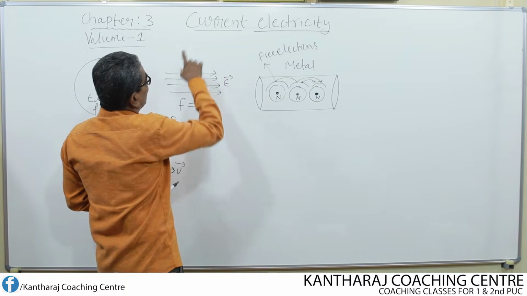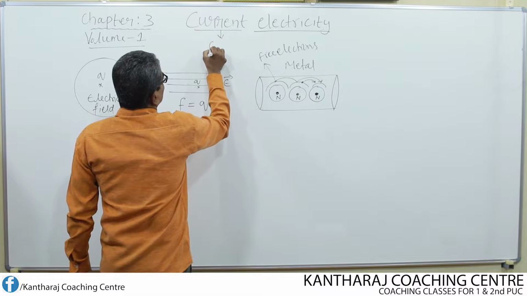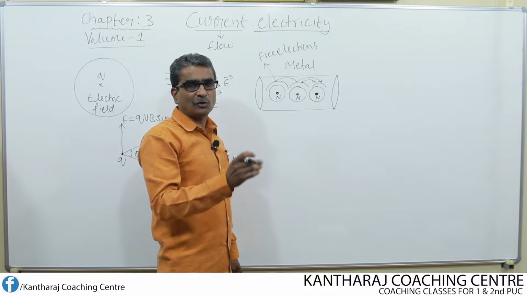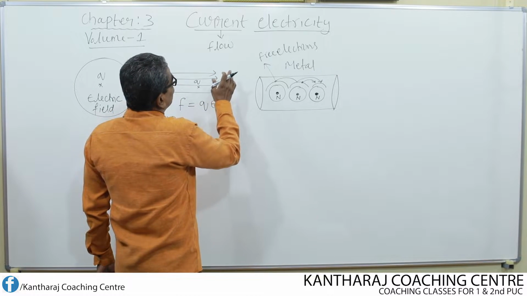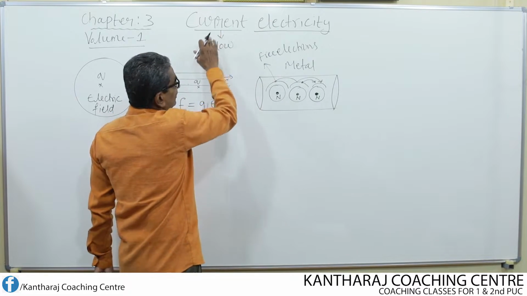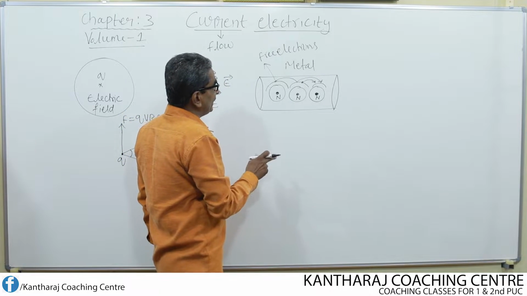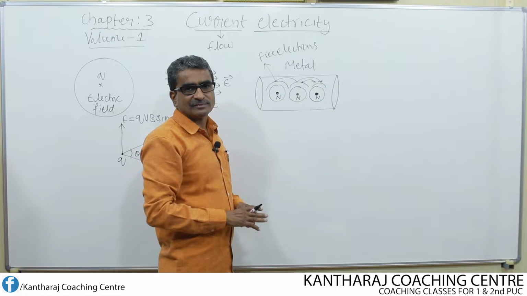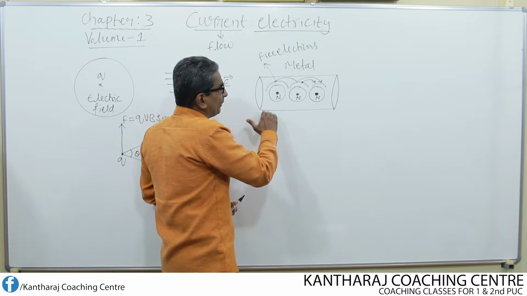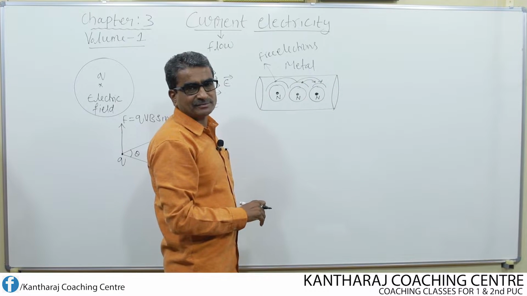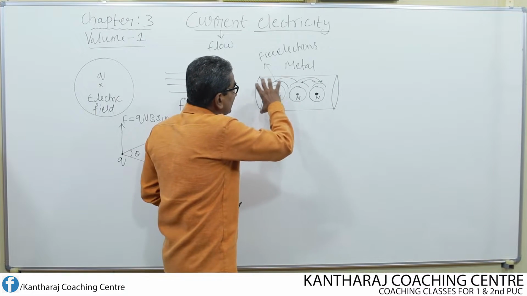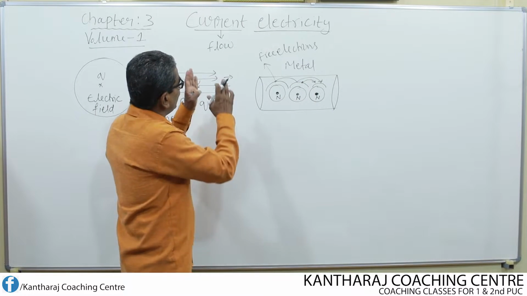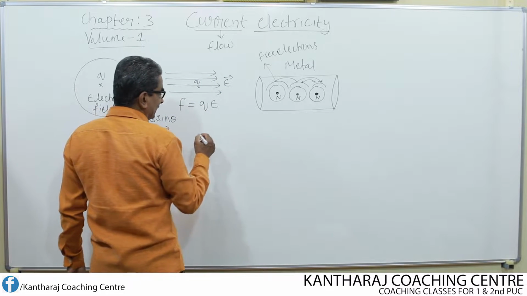What is the actual meaning of current? The actual meaning of current is nothing but flow. Usually we say water current, meaning water flow. So it's like that. What is meant then by electric current? Electric current is nothing but the flow of charges or the motion of charges. Motion of charges from one point to another, or motion of charges in a substance, gives rise to electric current. So now let us define what is meant by electric current.